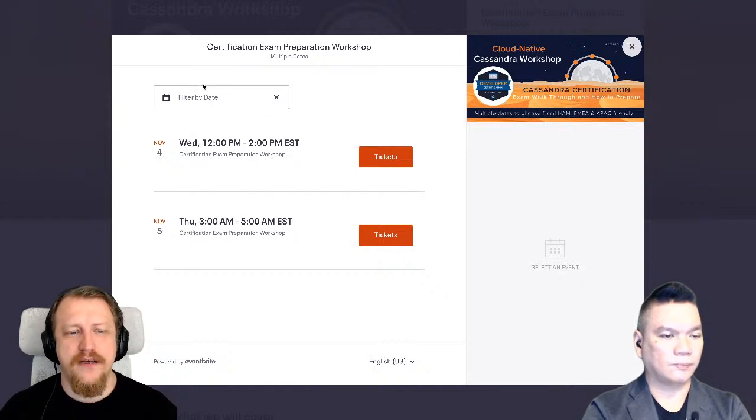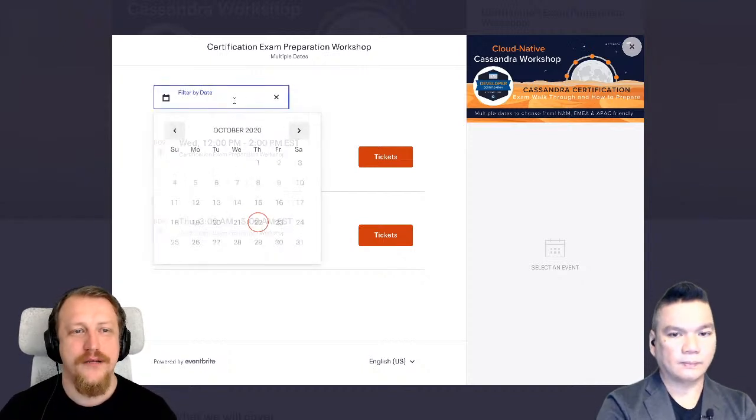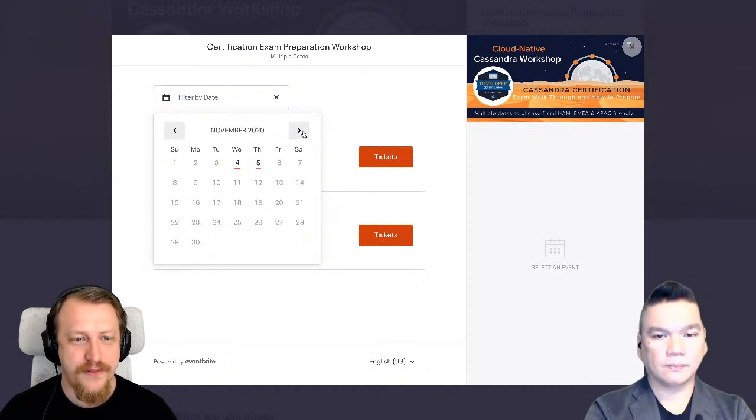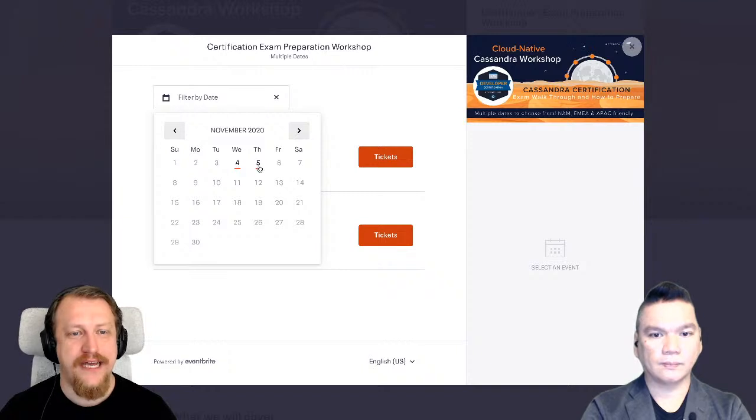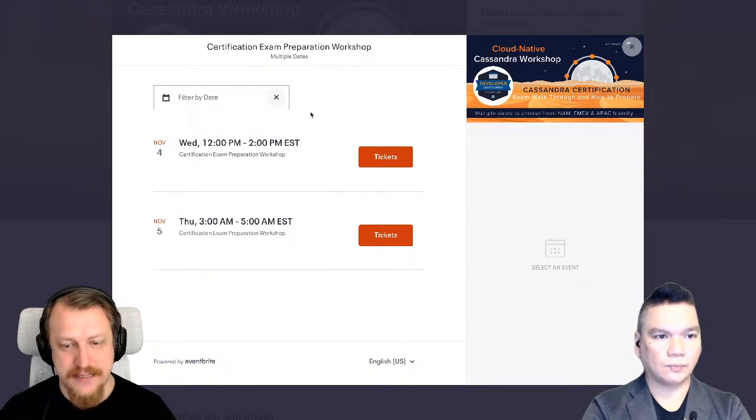So if you open it with Eventbrite, you may see it in your local time zone, so it will make it easier for you to decide. There are 2 dates, 4th and 5th. Those are exactly the same, but pick the one which fits your time zone better.